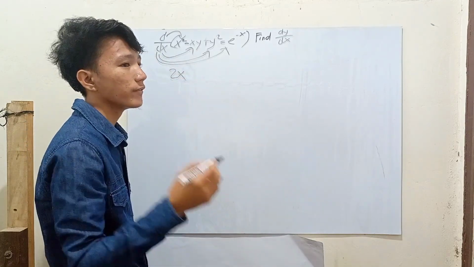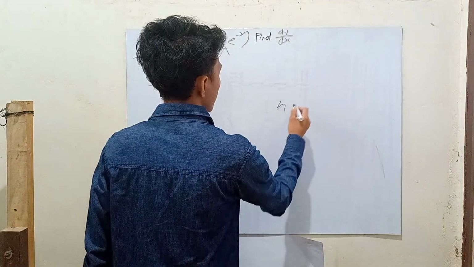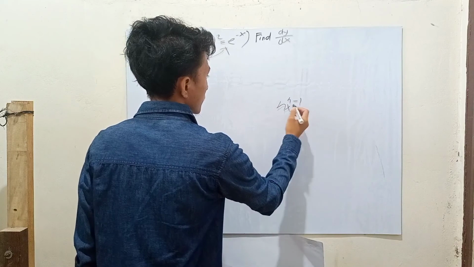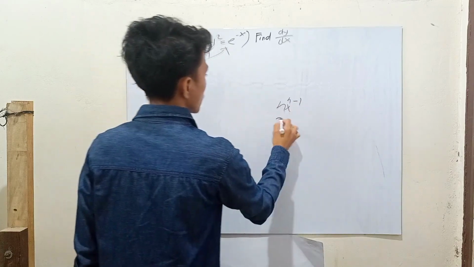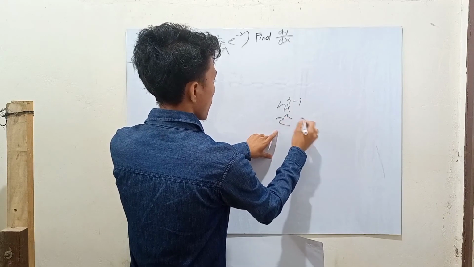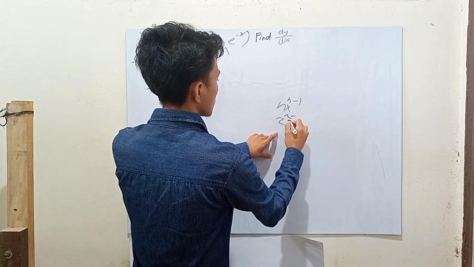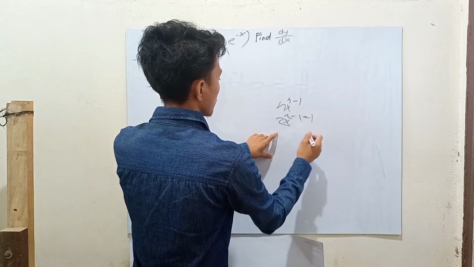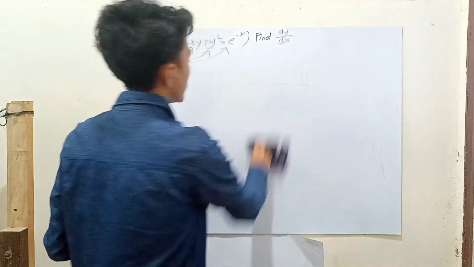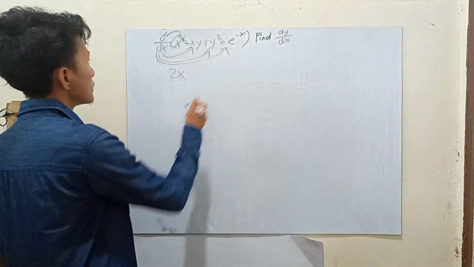Why? Because the formula of the power rule is n x to the n minus 1. Our n is 2, and 2 minus 1 is equal to 1. So next is